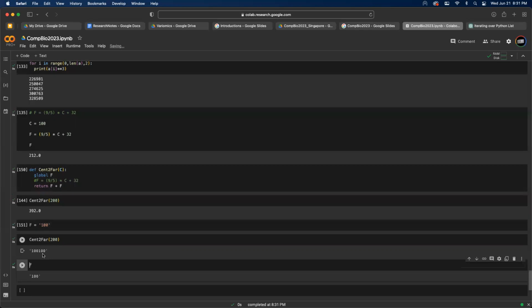So what is happening? When you declared global f, the function knew that somewhere outside the function, there is a variable called f, and I have to go find it and find out what the value is. Then in this part, because the value is 100 and it is a string, just like we did earlier, it will add 100 to 100 as two strings, and it will be returned as 100, 100. Okay. So this helps us understand that if we did not do this,